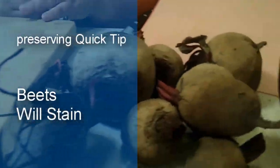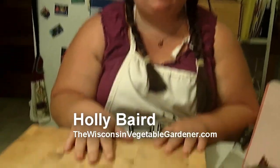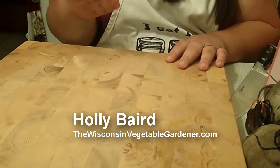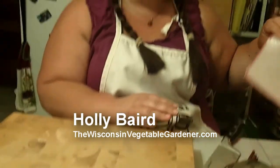Well, today we are going to process some beets for canning. And one tip I want to leave with you is that when it comes to processing beets, you are going to have some staining or some dyeing of what you're using. So if you have a really nice wooden cutting board that you want to keep from being beet red or the pinkish color that comes off of beets, then I would suggest using one of your maybe older cutting boards,